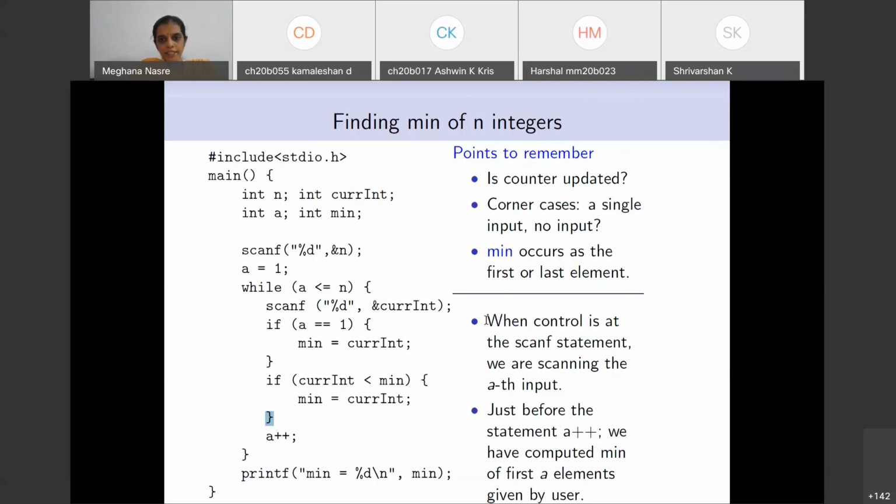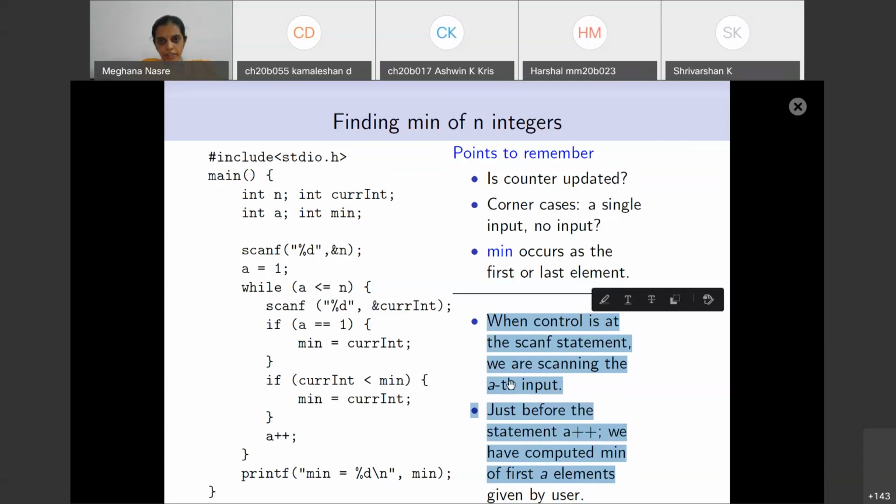Okay, what I am saying is that these two statements that I have written below the line on the right hand side of this slide are what tell us how this loop behaves, right? The variables do change. The value of the variable A is going to change. The value of the variable current integer and min are going to change as the loop executes.